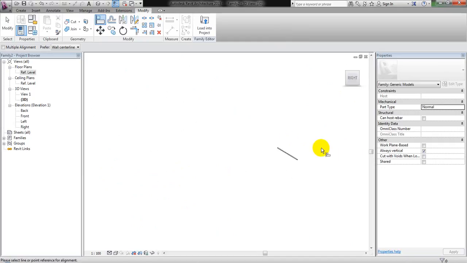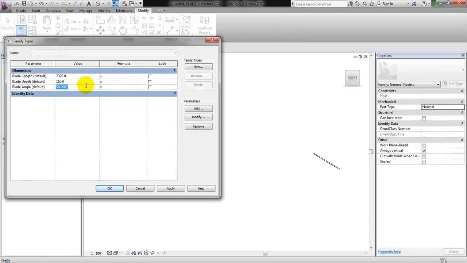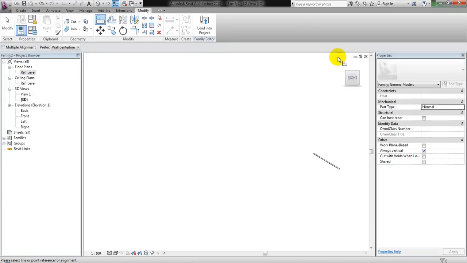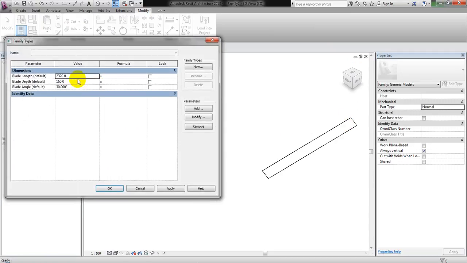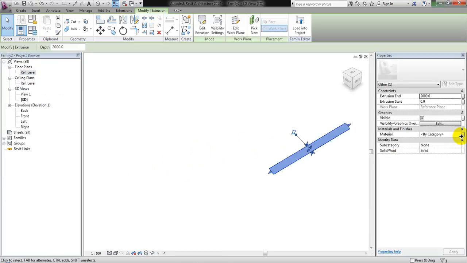Say right side, say let's flex the angle, say that is 20, apply, there. Okay, so put that one back to 30. Flex the length and the depth, say 2 meters, say 120, there. So now I can adjust, I can put as well the material,